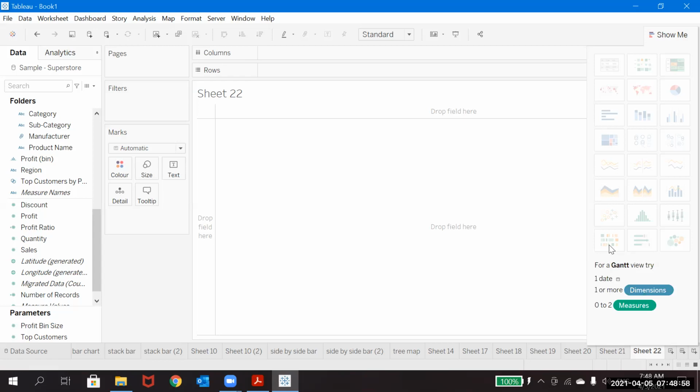Gantt also you can just see that. You need one date field for this to showcase the value, and it was also restricted to measures, so two measures only.